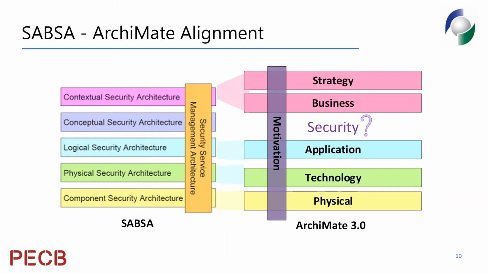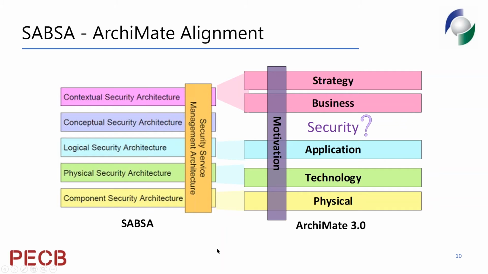So even when we're looking at something like the contextual layer, the business view of the system, where there is a piece of business information, the security architect will want to know what's the classification of that piece of business information, what's its confidentiality rating, what's its integrity rating, what's its retention period, does it contain personal information, right? So none of that is present in the current set of properties that attach to elements in the current ArchiMate model.